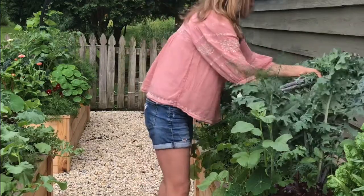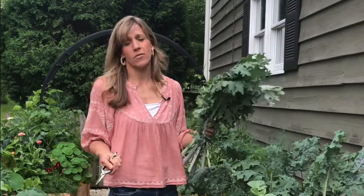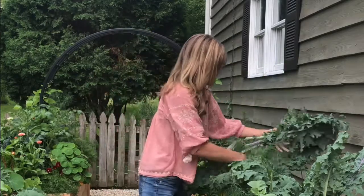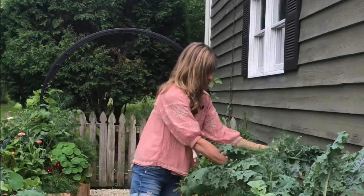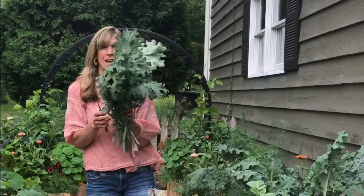So one of the reasons, if you watch my page much, you know that I love to plant gardens full and packed and tight. But one of the requirements, if you do that, is you've got to harvest frequently and prune so that everything continues to get the amount of sunlight that it needs. All right, so in just about, I don't know, 30 seconds, 40 seconds, I came through and grabbed a ton